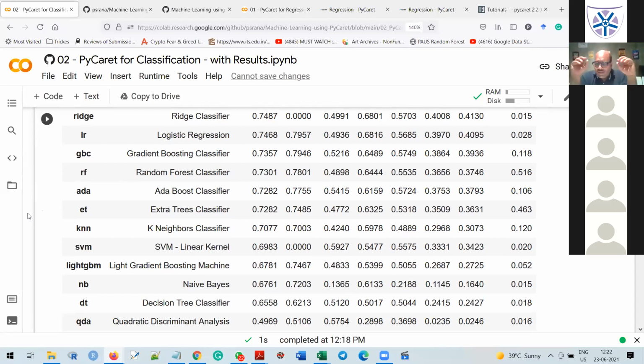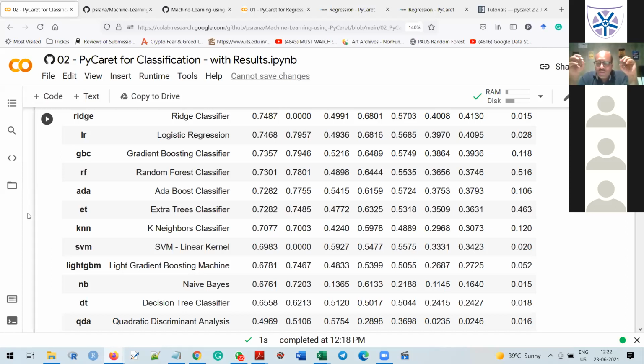Okay, but now the most important thing is that you may ask the question: is there any way to get the exact pre-processing we should apply so that I get the higher accuracy?